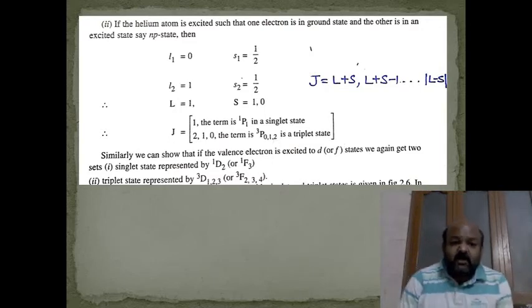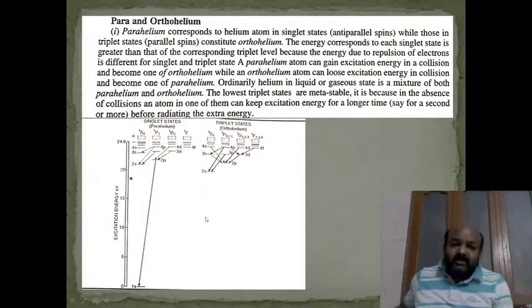On similar lines, we can do similar calculations by exciting the second electron to the D state and F state as well. By exciting to the D state, we have these kinds of states, and by the F state, these are the singlet states, these are the triplet states. So now the spectrum is represented like this. Here are all the possible singlet states, and here are all the triplet excited states.